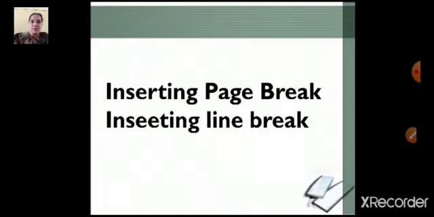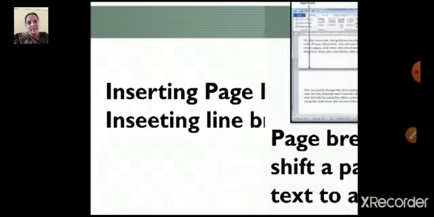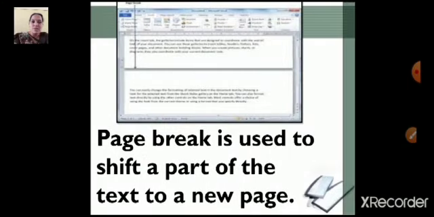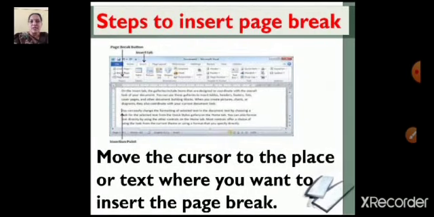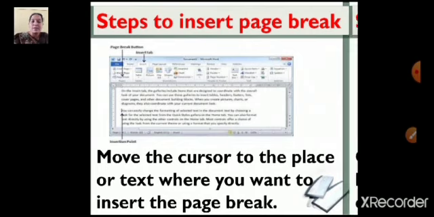In the last video, we learned how to insert a page break and a line break. Page break is used to shift a part of the text to a new page. Place the cursor at the point where you have to insert a page break.